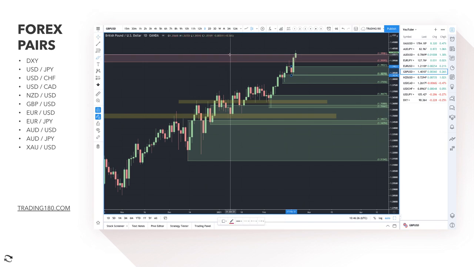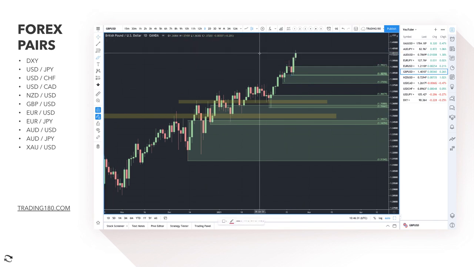So if you do want to get short on the pound, and I'm going to delete this supply zone, what you want to do is look for proof of value, proof that there is supply here, and then look for some sort of trade back up to a supply zone, which is going to be right here, and then look for some potential short trades, because we've been in a trend since